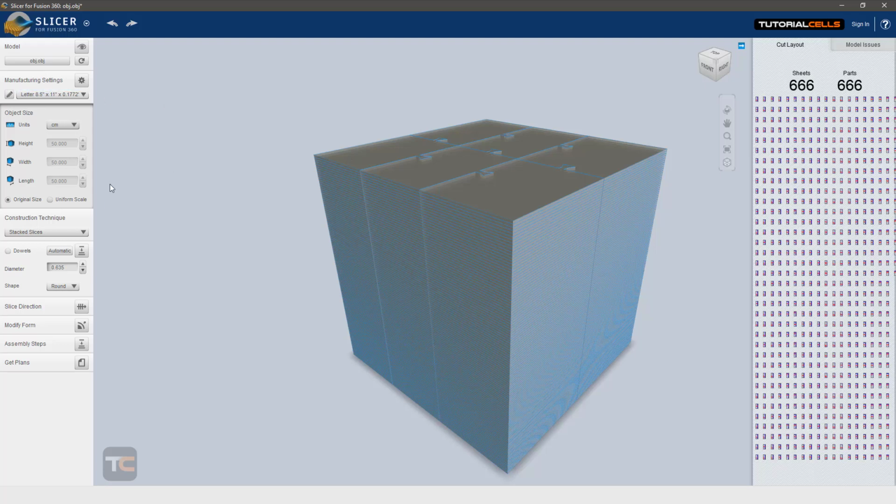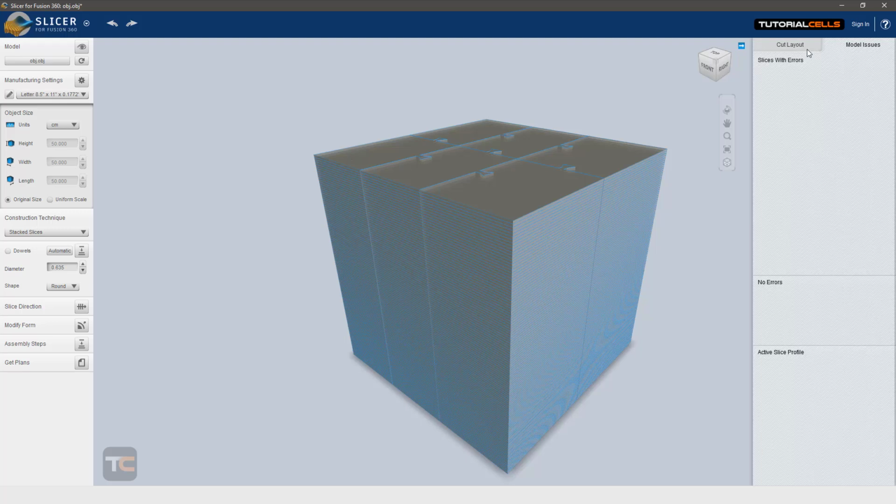Don't worry, I just want to import it. You can refresh it, or you can re-import your model with another setting. So be careful about sheets. Wow, as you can see, there are a very large number of sheets and parts. You have to make it bigger. And as you can see, we have lots of